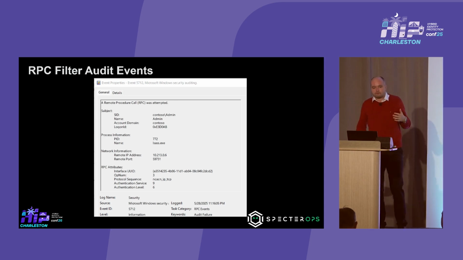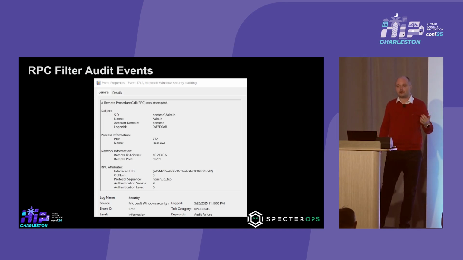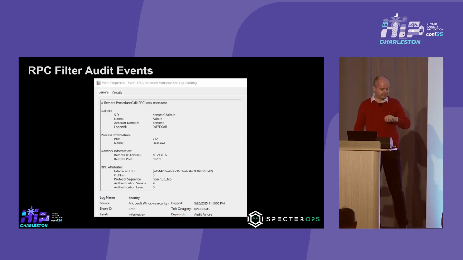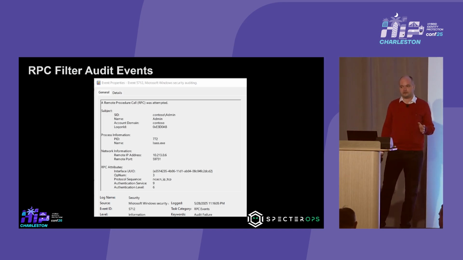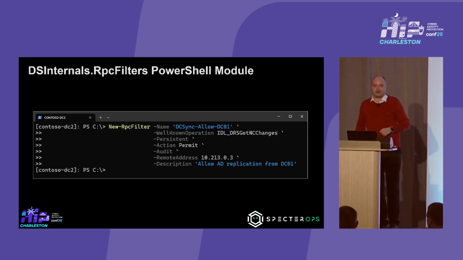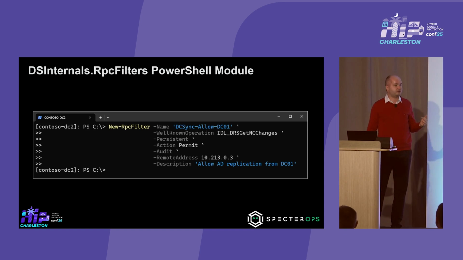And you also get events in the security event log if you enable that capability, and you see that the operation number 3 was performed from this IP address. Very, very nice thing. Yeah, so this is a new capability of Windows Server 2025. But the management layer is bad, is terrible. And that's why I decided to release a new PowerShell module. I released that PowerShell module 2 weeks ago, and it's called